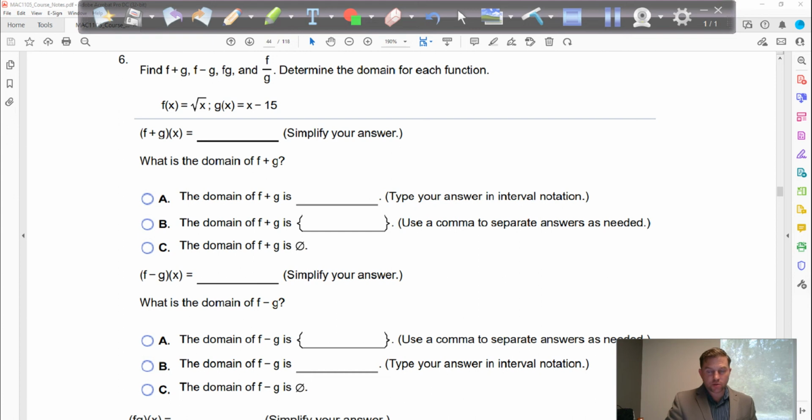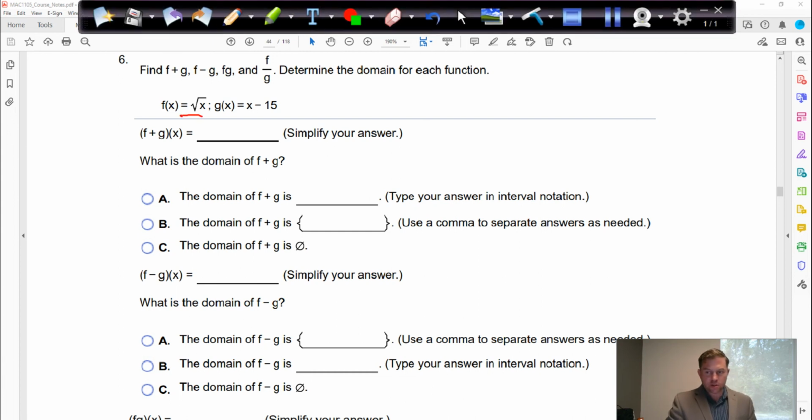But this one has a square root, so notice right away when I see that square root of x, we have to make sure that that's positive. You can't have a negative number in there. I mean, you can, but for all intents and purposes, we don't want imaginary numbers, so we're going to restrict that from being negative. Okay, so to add these two functions, it would just be the square root of x